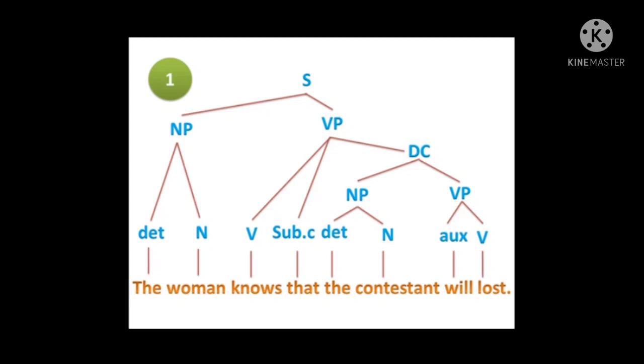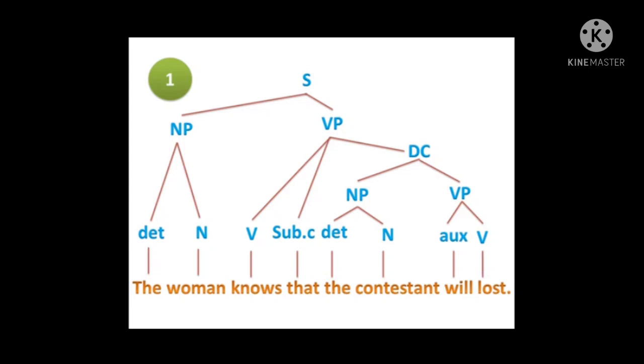The sentence here is divided into two parts, namely noun phrase and verb phrase. First, we analyze the noun phrase. The noun phrase here consists of a determiner, a noun, and a dependent clause. The determiner here is the, the noun is man, and the dependent clause is divided into two parts, noun phrase and verb phrase. The noun phrase consists of the pronoun who, and the verb phrase is divided into three parts,